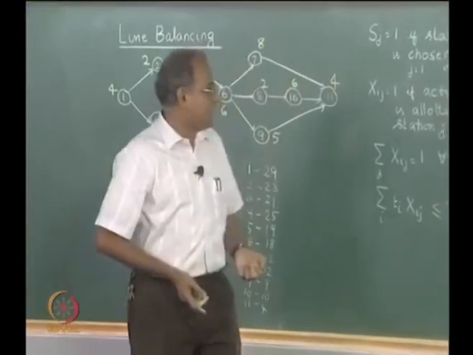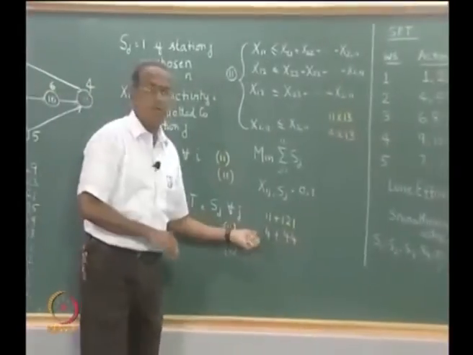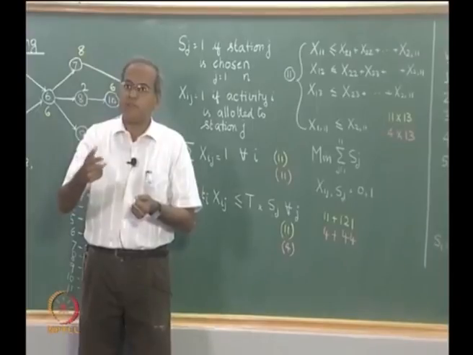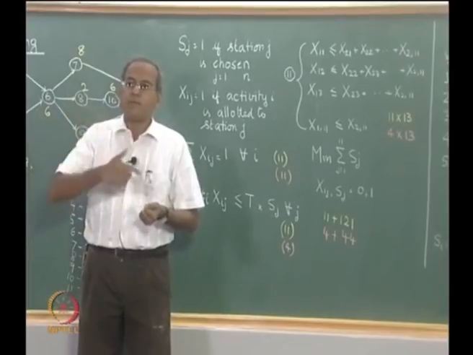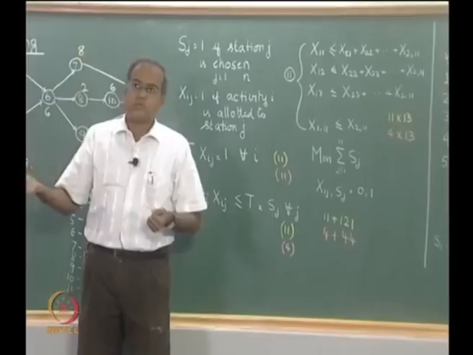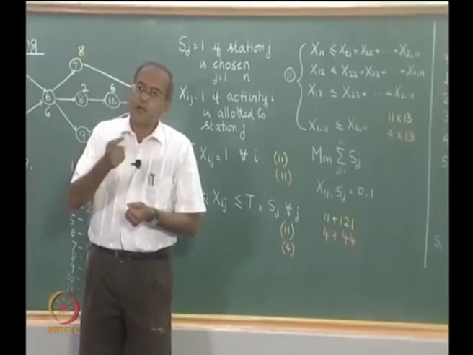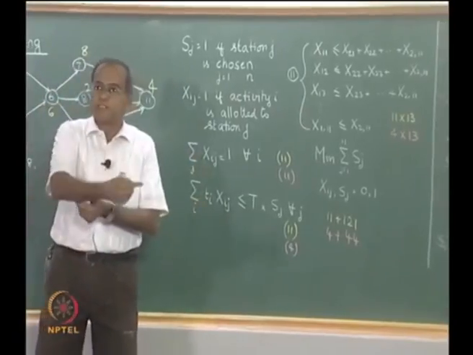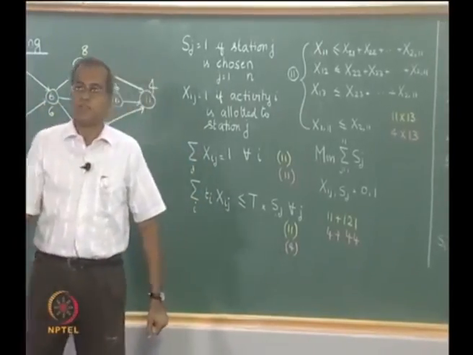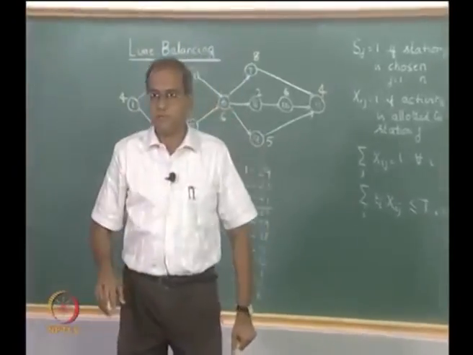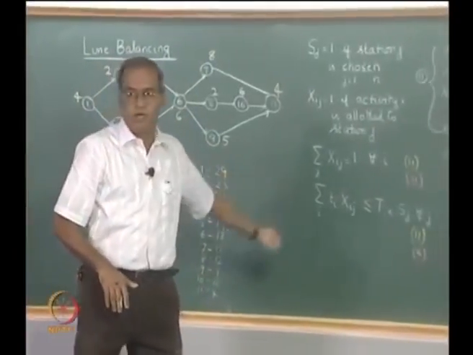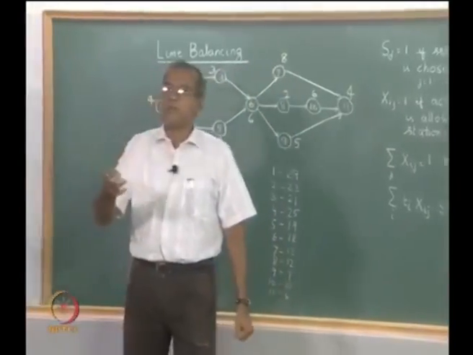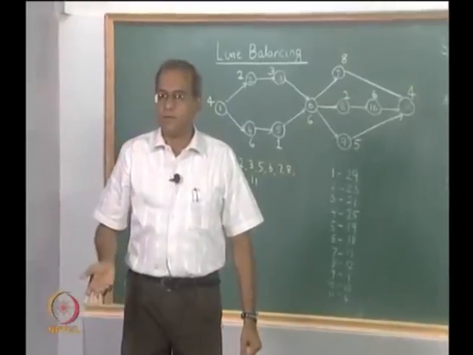Or alternately we could actually do it with 5. So, the number of variables and number of constraints will increase slightly, and then if the optimum is 5 it will show up as 5, if the optimum is 4 it will show up at 4, and so on. In fact, if the optimum were 3, which is not possible in this case, when we solved it for 4 stations, if we could get a solution with 3 it would still show the 3, but in this case it is not possible because the total is 47 and the cycle time is 12. So, a minimum of 4 workstations are required.